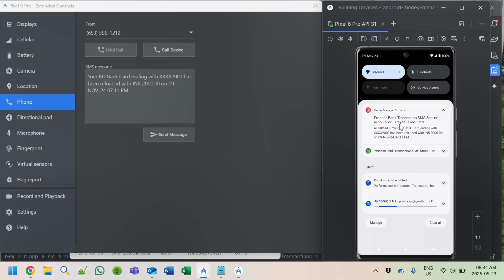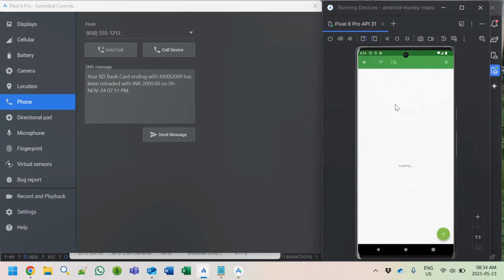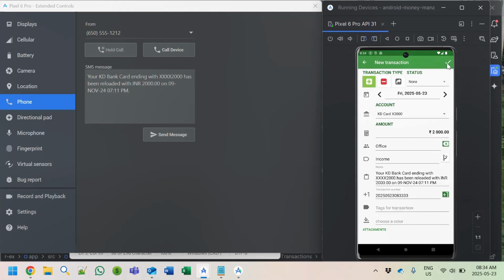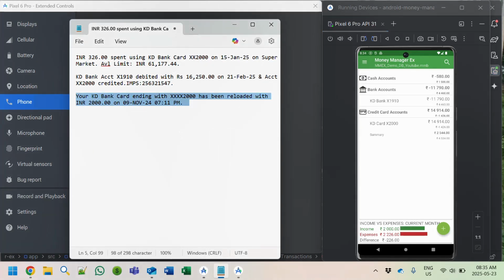So in this particular case, we need to select the payee who is reloading this particular value. I'm selecting office and clicking save. And for the other example, let me take the same entry which we saw in the first example,